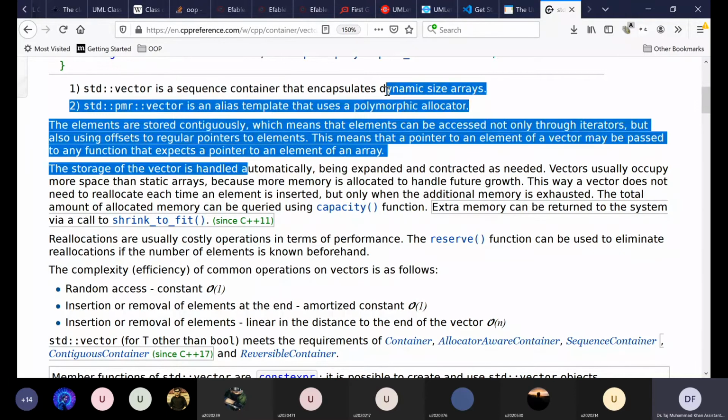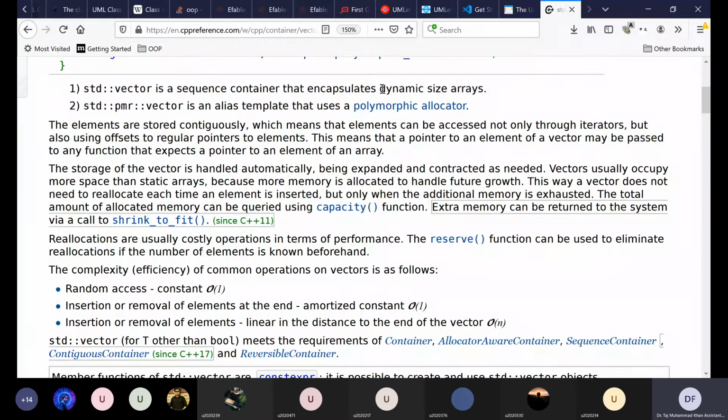And it dynamically changes its size. Internally it is allocating this size dynamically. It's dynamic allocation. At runtime it can change the size of the memory that it is using to store different elements, based on the number of elements that we have. I think I should share my desktop.